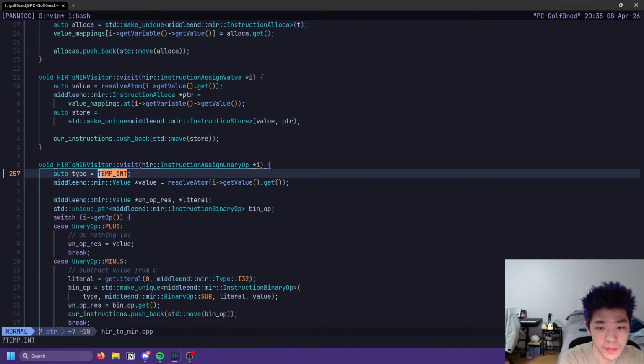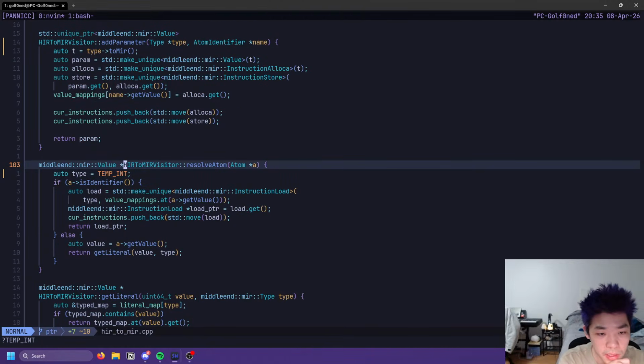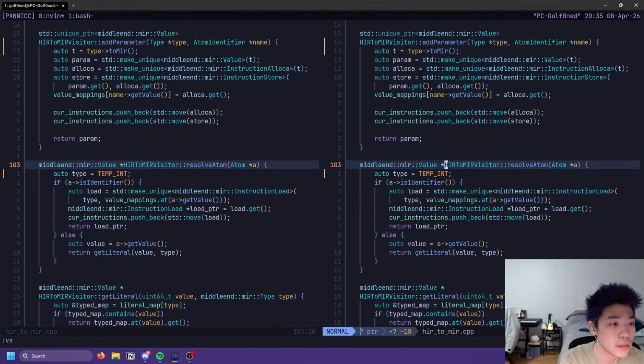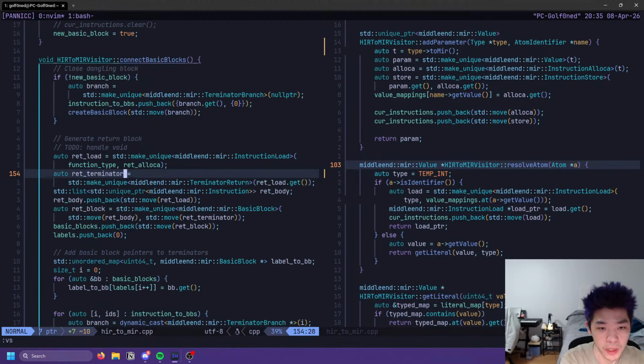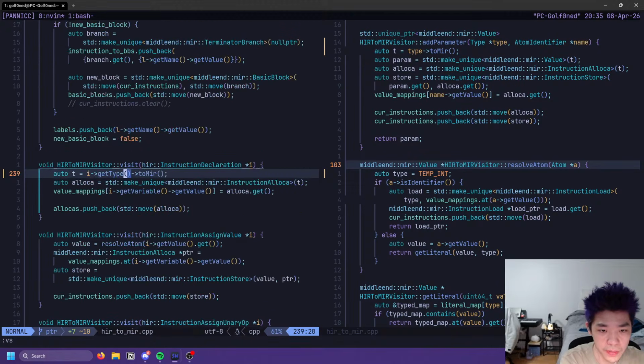Okay, let's see, where do we start? I think resolve atom is probably the easiest. We can just assume that it's an int, and if it's a variable, then we just check what type the variable is, and we will be fine. This means we should probably start with this whole declaration thing.